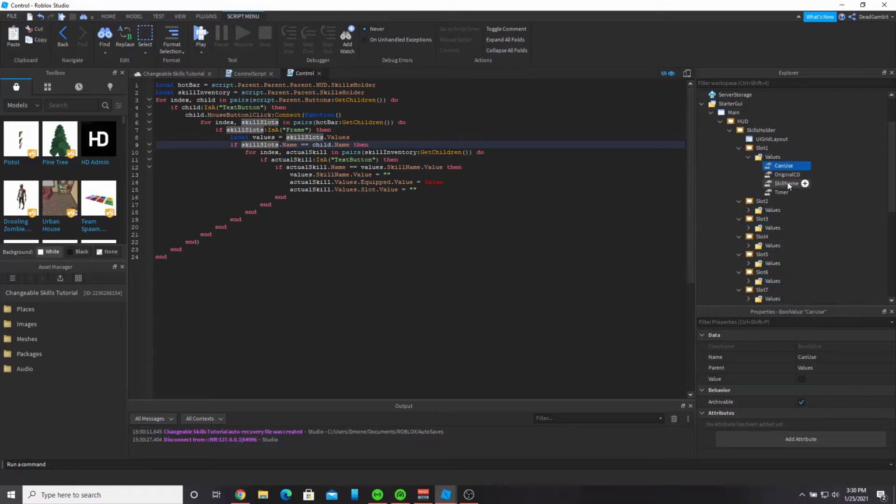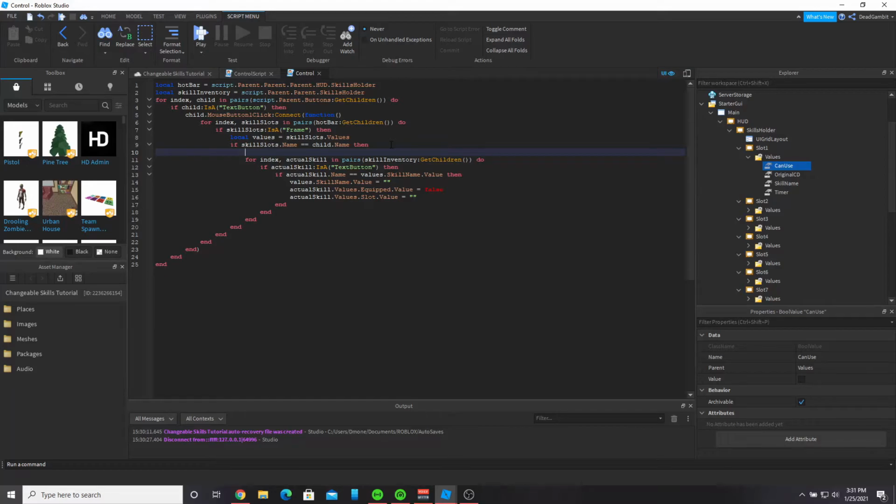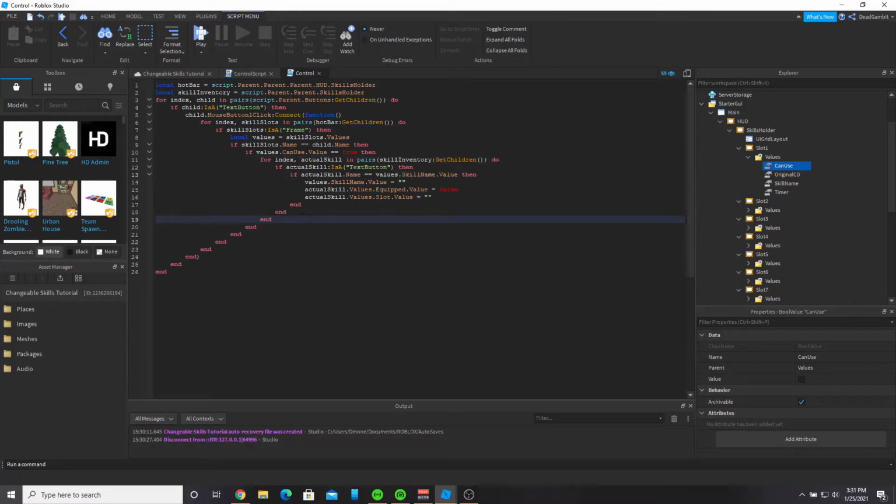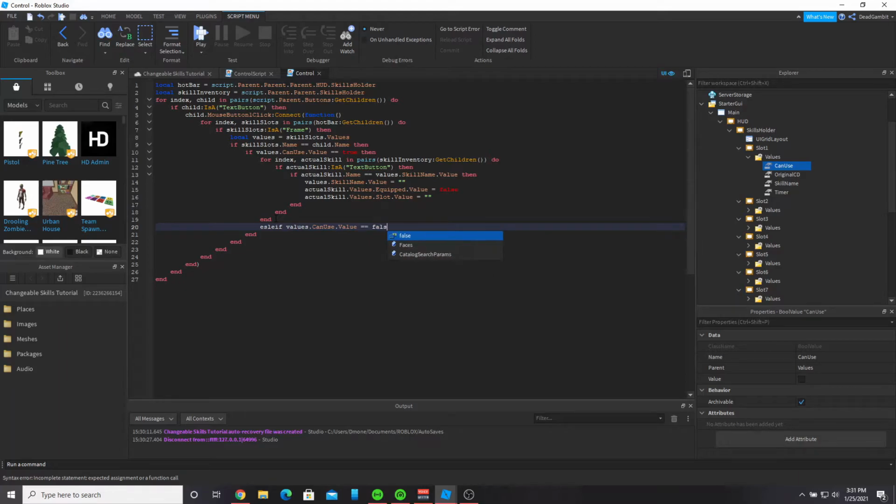Because we do have this can use value, and we're supposed to have it on here. So when you found that the skill's name is equal to the child's name, then you go here. You go to if skill slot. No. If values dot can use dot value equals true, then, and then down here you want to put an else statement. Else if values dot can use dot value equals false, then